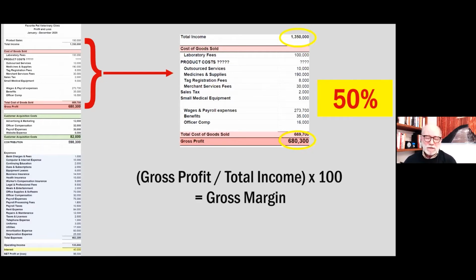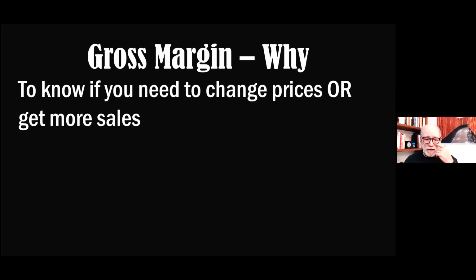So that's what is left after spending the dollar that the customer pays for the actual service or product that they're buying. 50% of that is left. And the reason that this is a useful number is it will help you determine if you need to change your prices or if you need to get more sales. So if that percentage is not high enough, then maybe you should raise your prices, or you should try to figure out how to make your